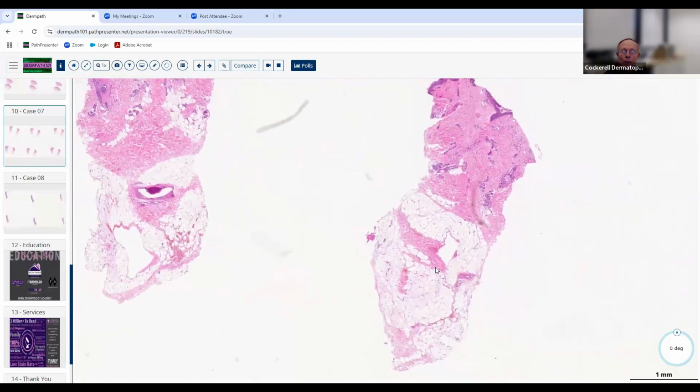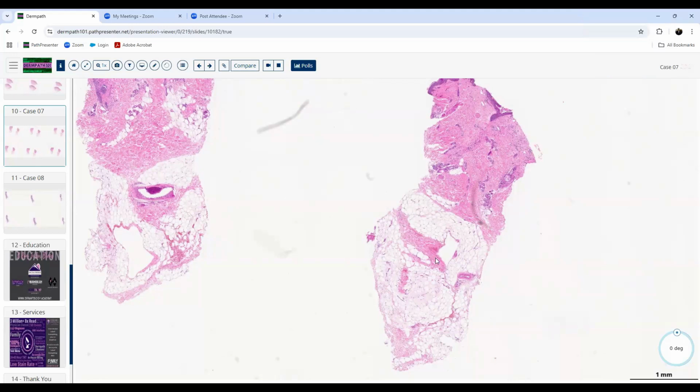So we see something at low magnification, don't we? It's pretty sparse. I want to call your attention to this piece over here. It's pretty subtle, but I want you to look at this structure right here. Here's the fat. It's normal. Pretty subtle, but is that normal? I think you would usually see a whole sheet of